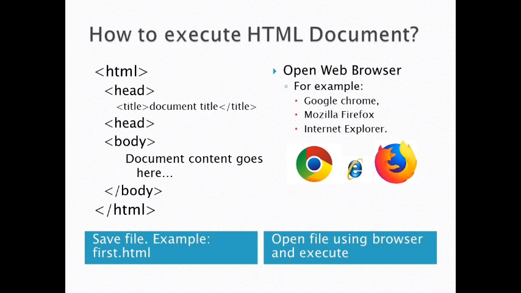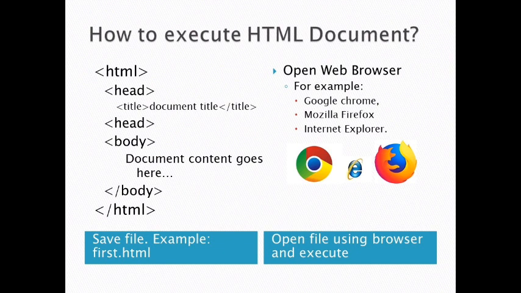Next, how to execute an HTML document. Can you find the left side one? How you can see the program, isn't it? So see it down. Yes, you can type any tag like this, and when you are saving a document, you have to save with any file name, but it should have the extension .html. You can use your name, for example, arun.html, myfirstprogram.html. Any program name should end with .html. So this shows that it is a web page based program.